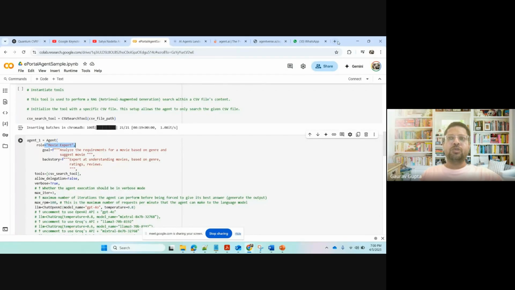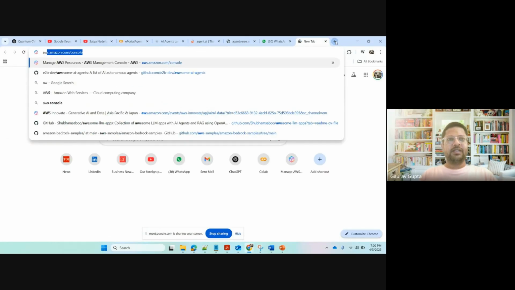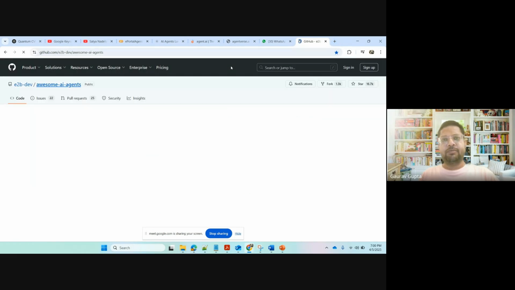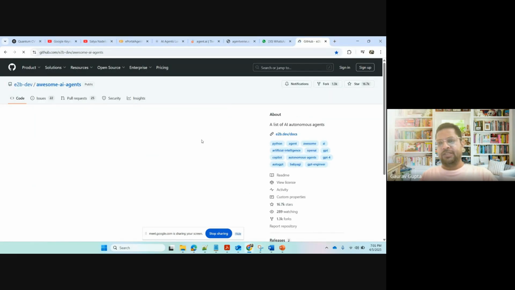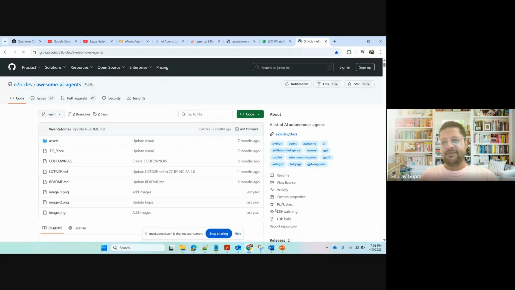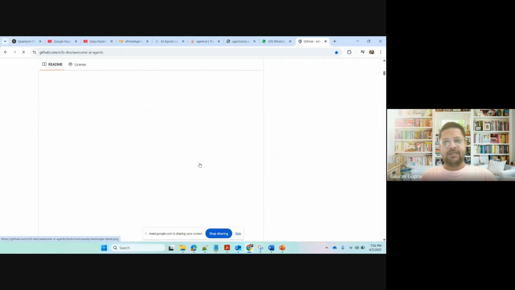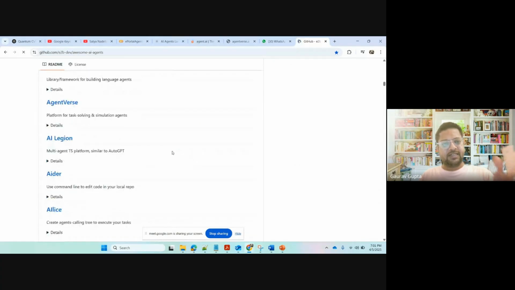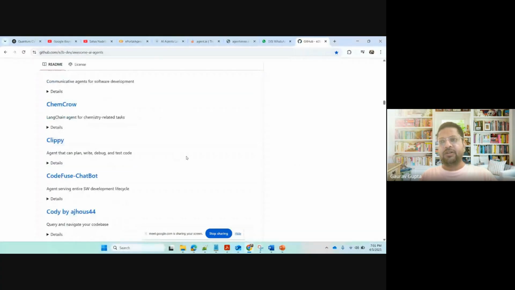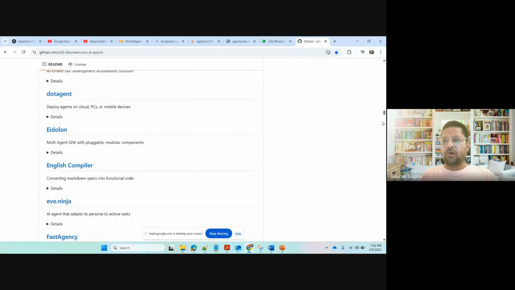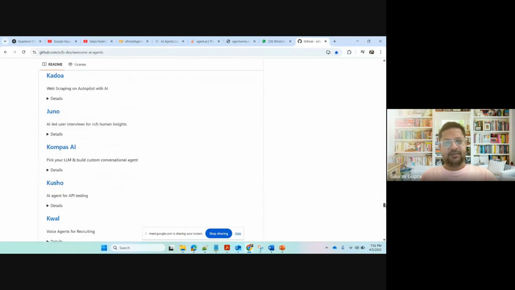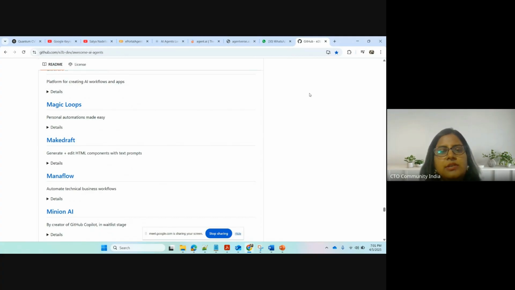Those who really want to understand coding can go to Awesome AI Agents. This is a GitHub repo where people put the entire code. It has 16.7 thousand stars. This is a whole bunch of code; you can just keep scrolling down. There are tons of agents and you have the entire code available. All these are open. Could you please share these links in the chat? Yes.